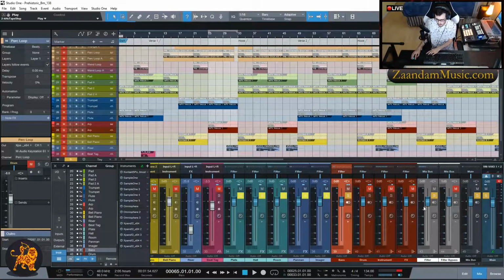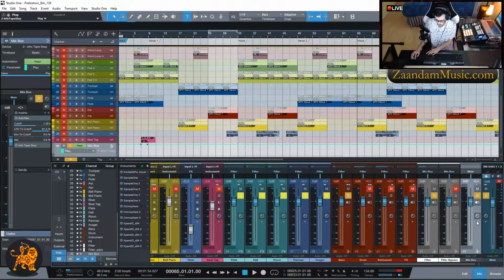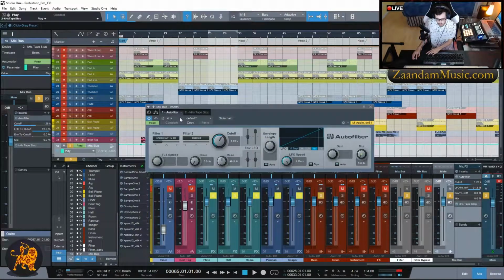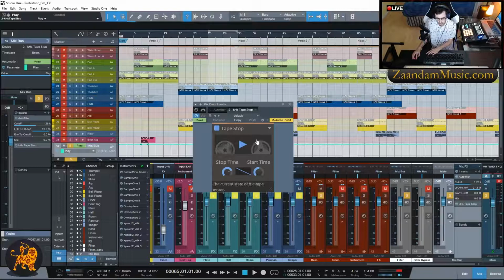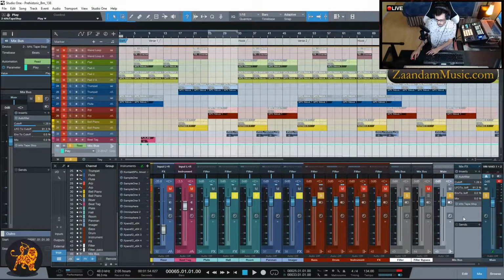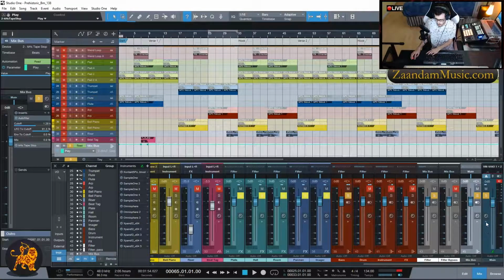Okay, I did not use the filter for this project. I did not use the filter bypass for this project. And on the mix bus, I have an auto filter. This is for the automation filter that I was talking about, and I'll show you that later on. And I also have the KHS Tape Stop for the very end, the automation at the end. Alright, and on my master, I have